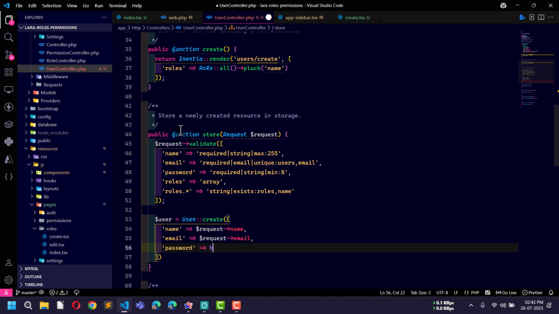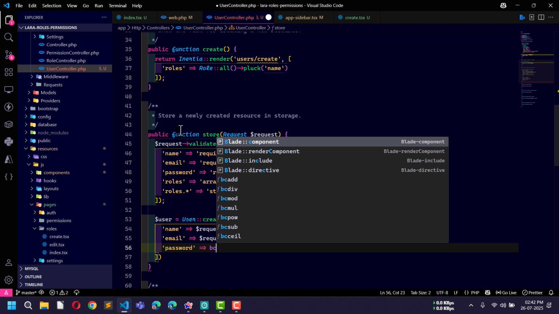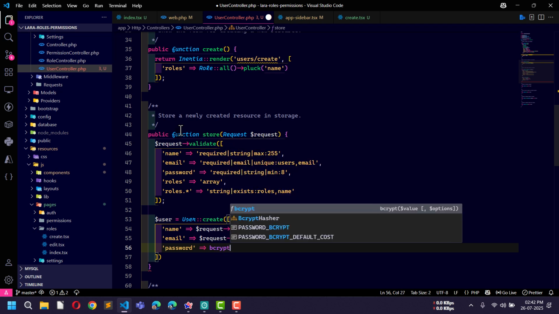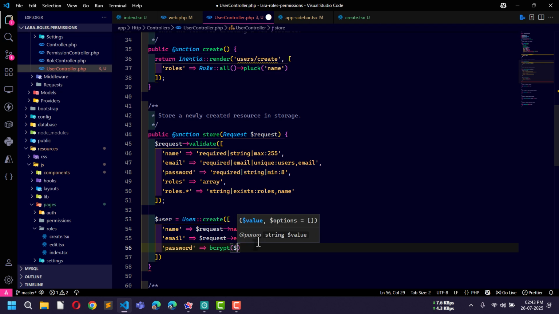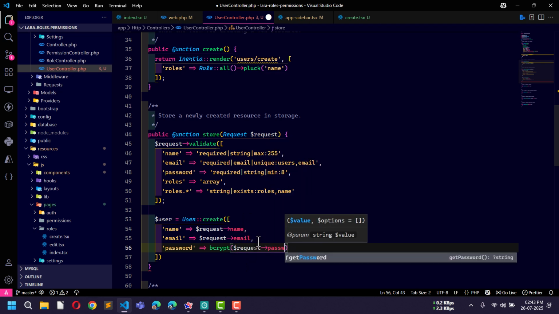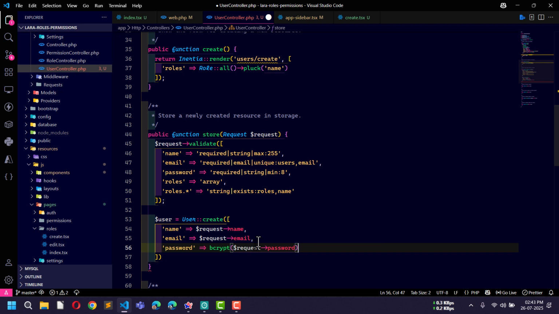So the password should be encrypted, okay, encrypted. So I will use bcrypt method, and then here just use request password, okay, and